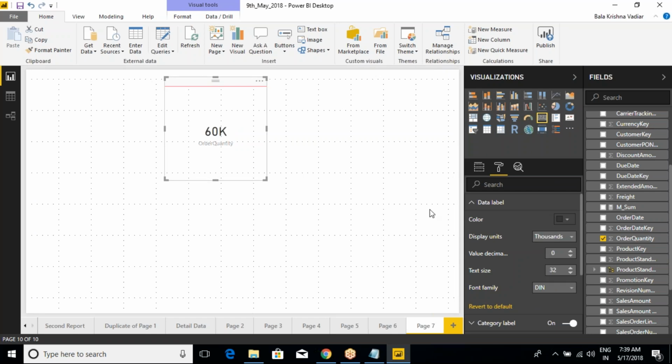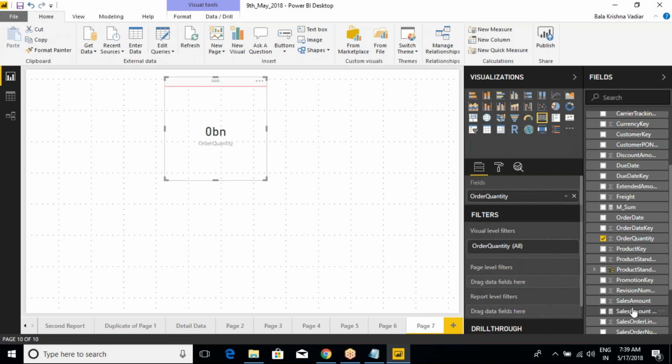And thousands and millions and billions. Since we have only 60,000, it is not showing in the billions. Whereas if you have a sales amount column,